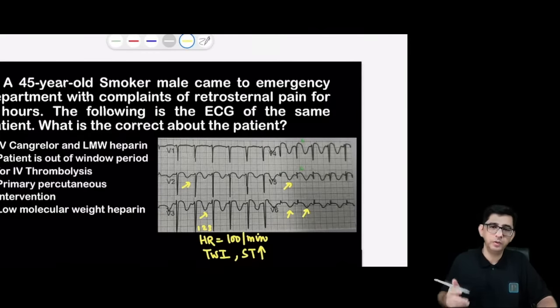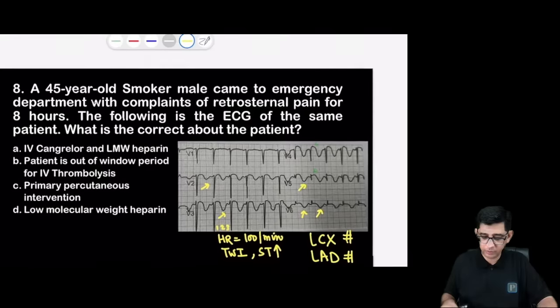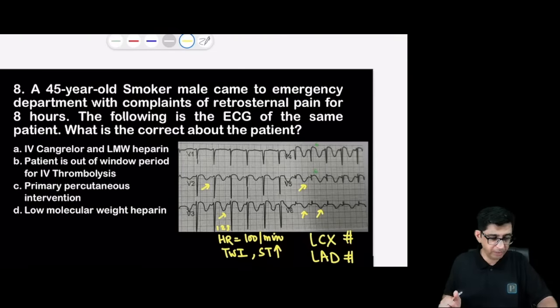The blood vessel that would be involved in this patient is the left circumflex artery, and the distal part of the left anterior descending artery is where the thrombus is likely to be present. Yep. In any patient of ST elevation MI, we'll always go ahead with PCI, a percutaneous coronary intervention. And yep, I got B as an answer, which is